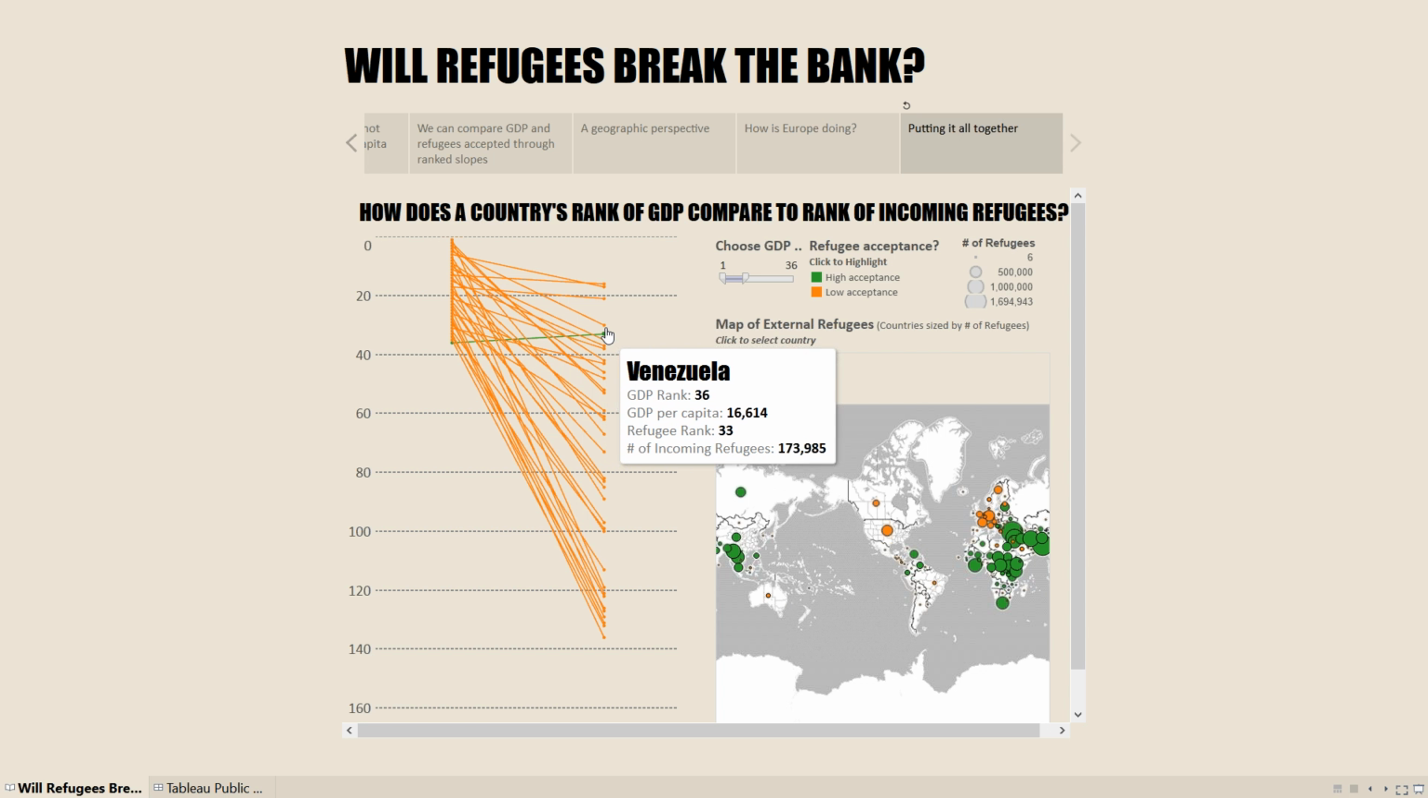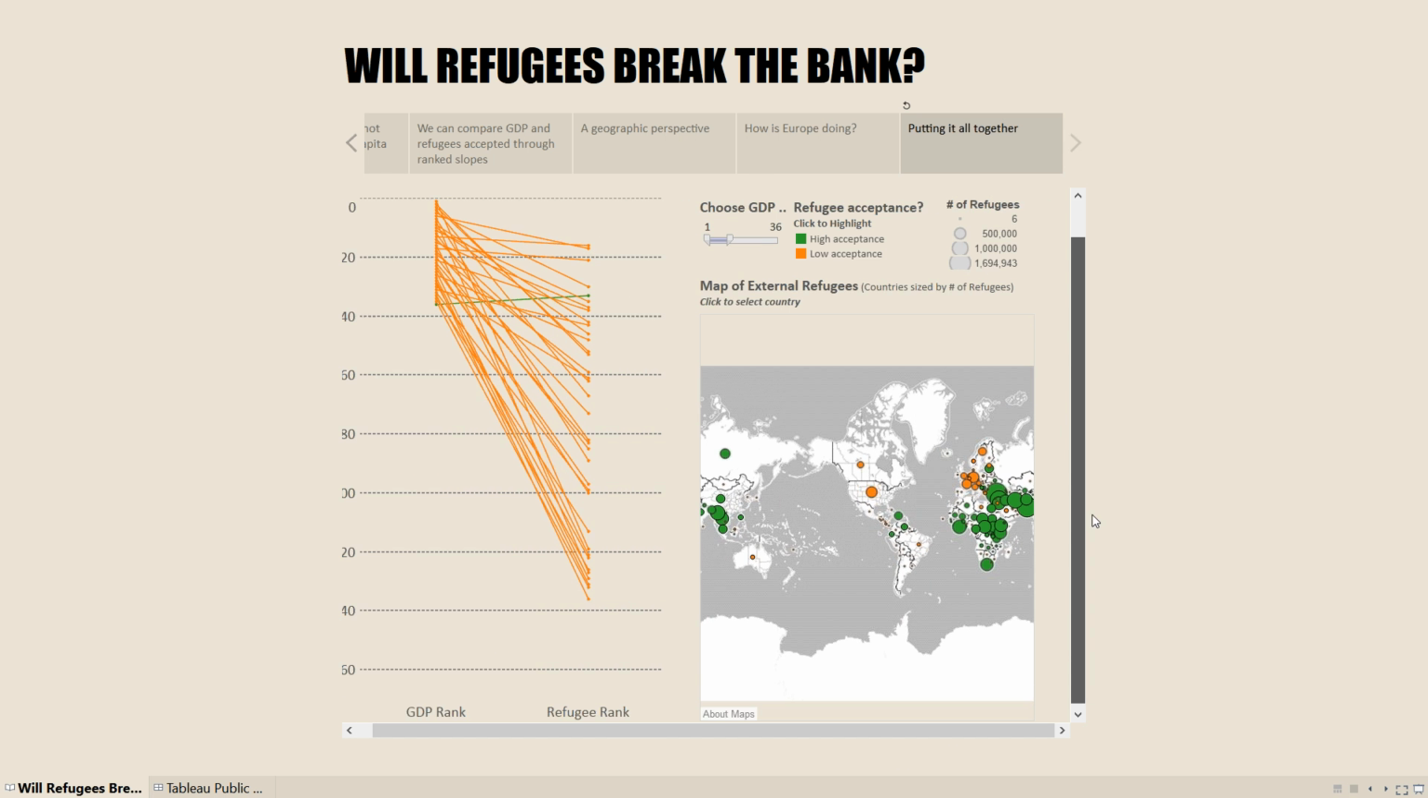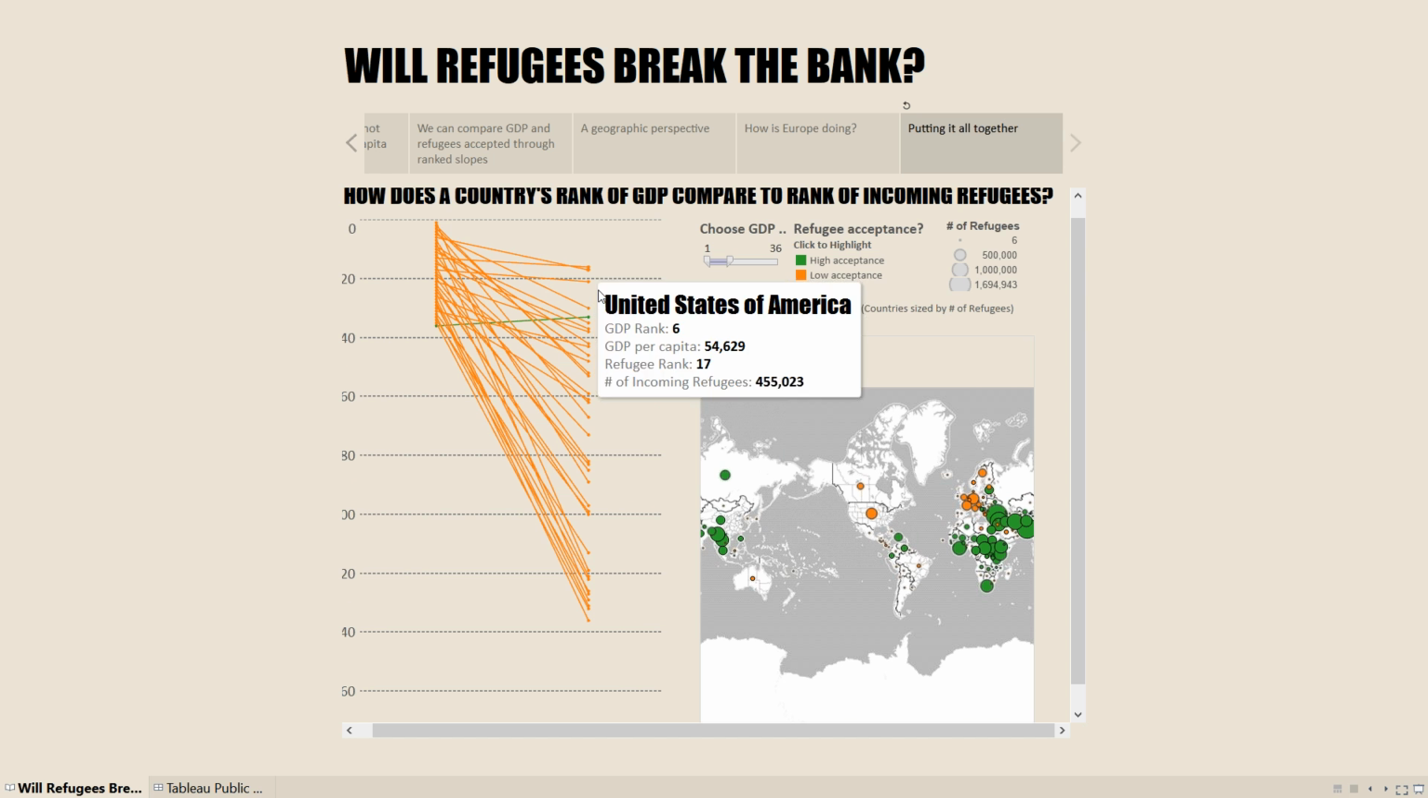Then the prevalence of green everywhere else. Yeah, exactly. The map really helps that stand out. It really shows Western Europe and North America taking. Yeah, exactly. So I feel like this is addressing that objection that we shouldn't take refugees because our economy can't handle it. But when you look at the countries that are taking the most refugees, their GDP is minuscule compared to the